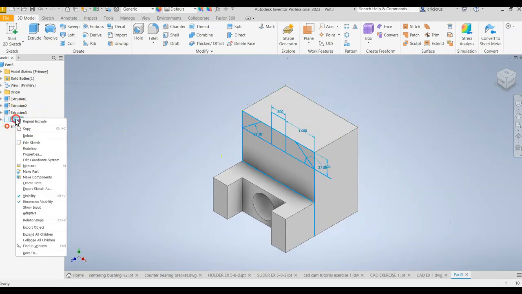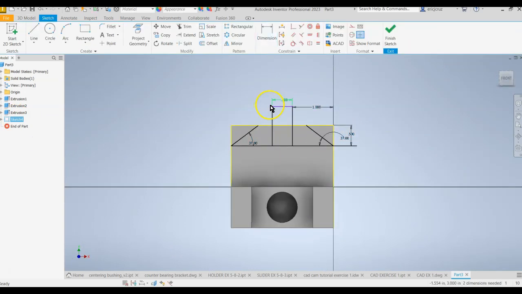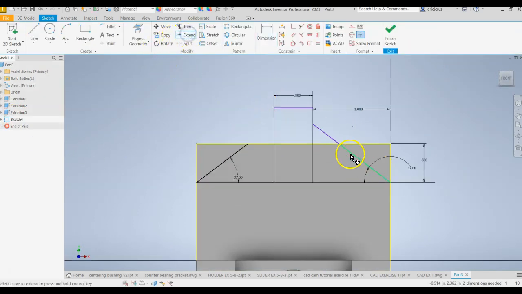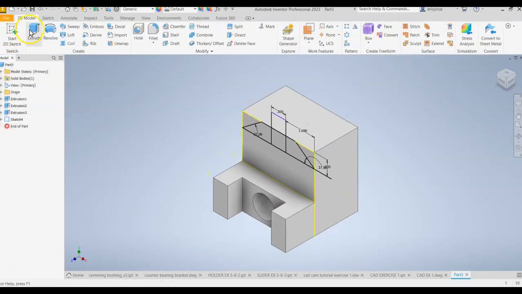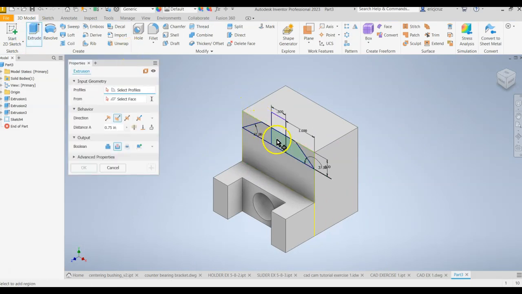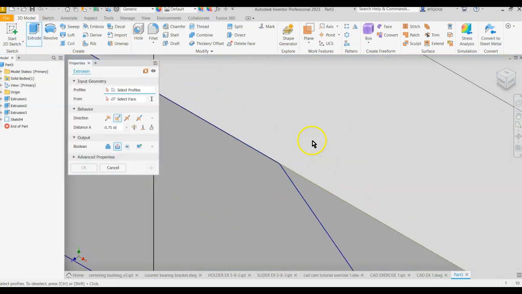I'm going to go right click into Sketch 4 and edit sketch. And this is strange that it's doing that. I'm just going to go ahead and close up this section by drawing a line from this point to this point. And then I'm going to click Finish Sketch. Now let me try selecting that. Oh, I think,